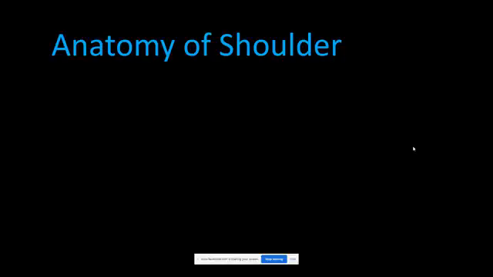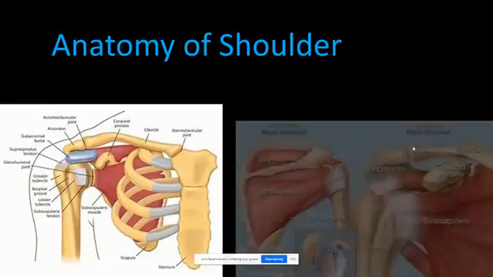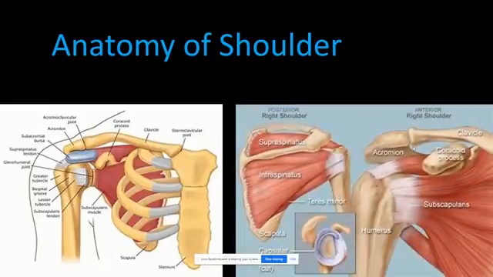Okay, so we have an understanding of what we're dealing with. So the shoulder joint is a pretty complicated joint. It's not like the knee, where the knee just flexes and extends. The shoulder's got a lot more going on. Okay, so you have flexion and extension of the shoulder. You have abduction and adduction. You have internal and external rotation. So you've got a lot of movement in the shoulder, and you've got a lot of anatomical structures involved.